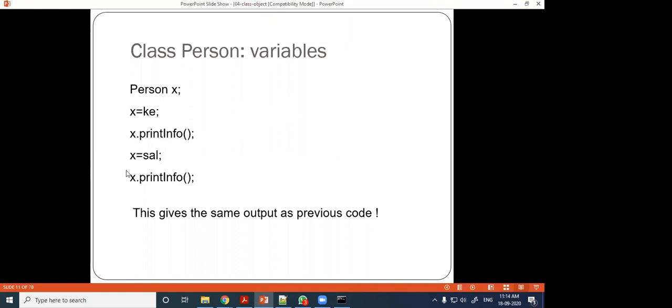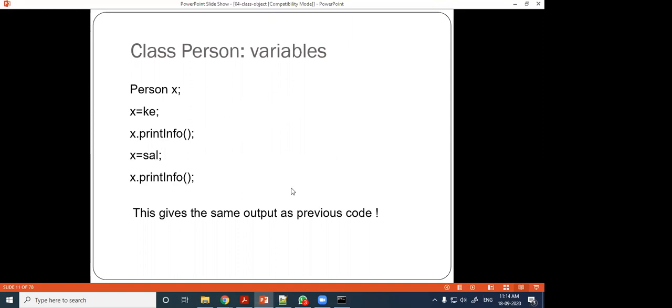Similarly, if I write X equal to Sal, then X will be referred to the Sal object. Then X dot print info will print Sal's info.